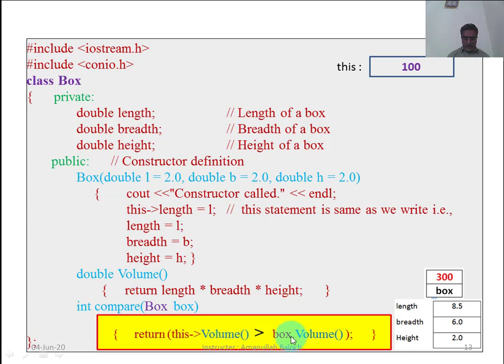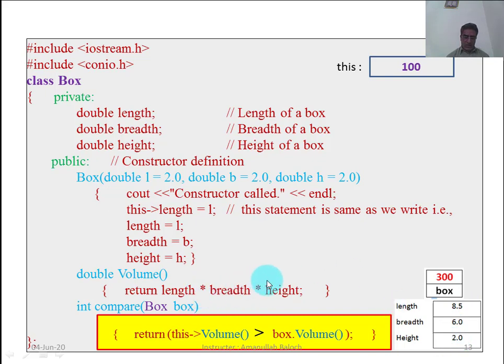After the greater than symbol, box dot volume: this box object is calling the volume function, and this volume function is multiplying the length, breadth and height of this box object, 8.5, 6.0 and 2.0.